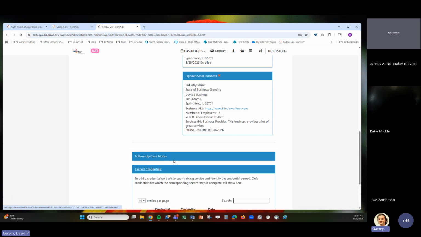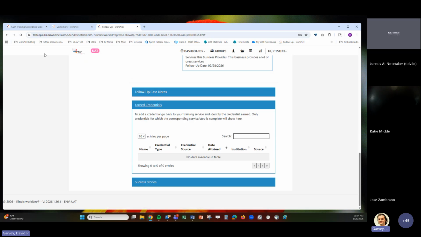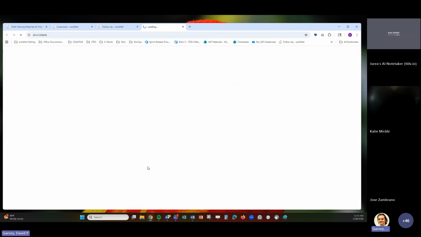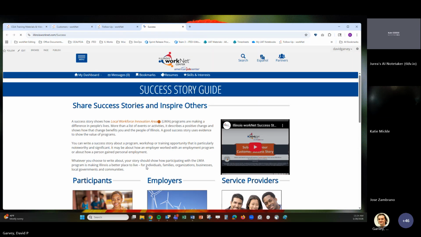And then earn credentials. If any credentials have been added to a training service in the career plan, they'll be pulling through here. In this case, the customer didn't have any credentials. And then we have success stories that can be added into the system. To add a success story, we'll just click the button here. And this will take us to our success story guide,